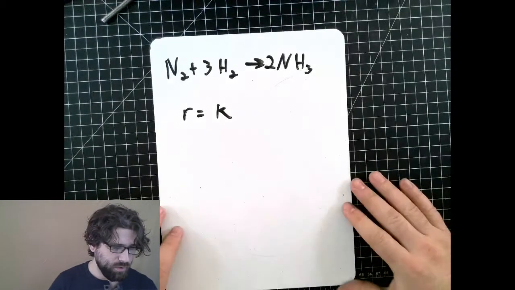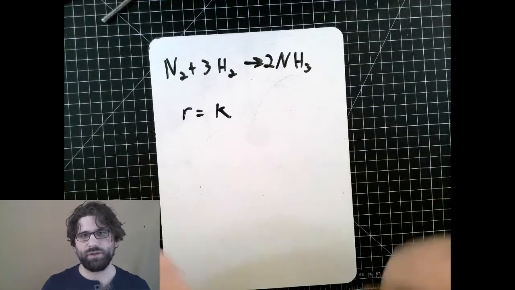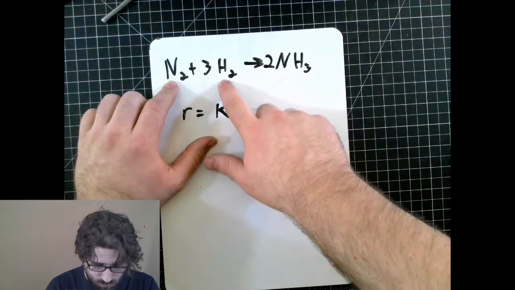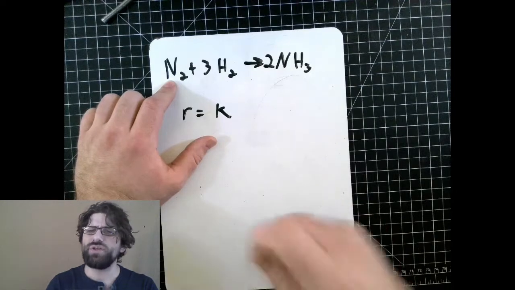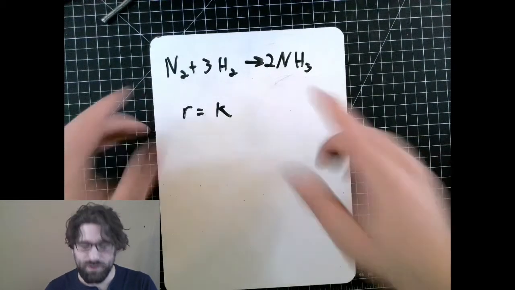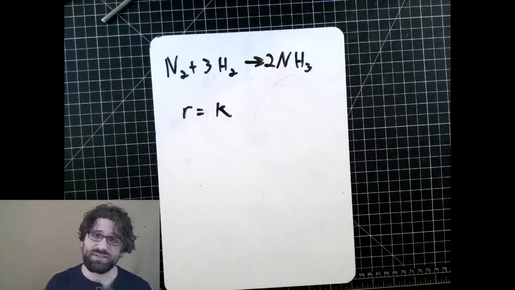I have here an example of the Haber process. The Haber process is extremely well known. It's a very common chemical process. It takes nitrogen gas, reacting it with hydrogen gas to produce ammonia. Ammonia is extremely important for fertilizers and explosives, but fertilizers more importantly, because if not for this process, if not